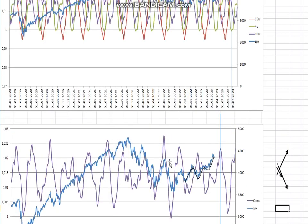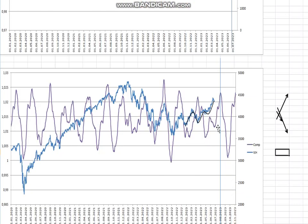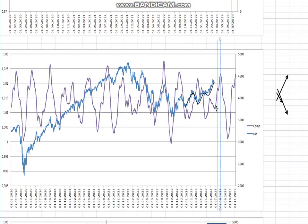Looking at my 3 cycles and the composite, it is about to turn up here, very bullish. So here we have a different kind of signal. But I was speculating. If you look at this is the